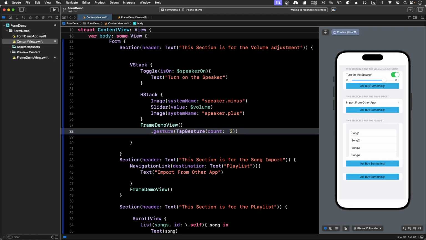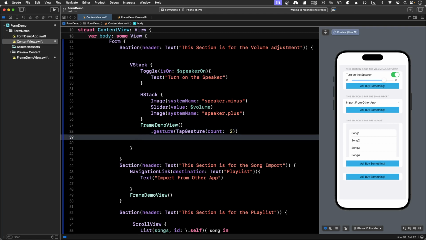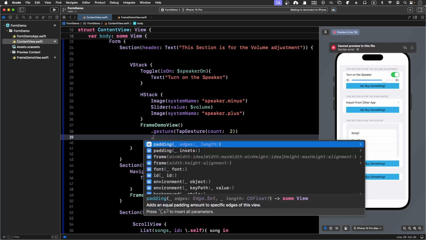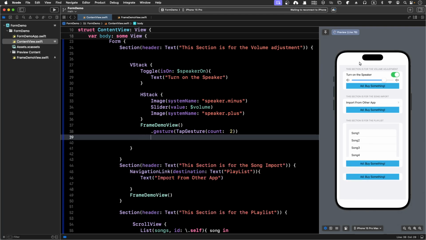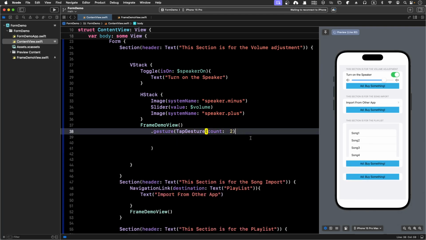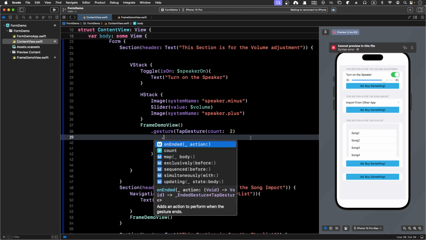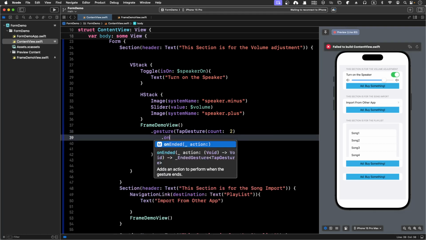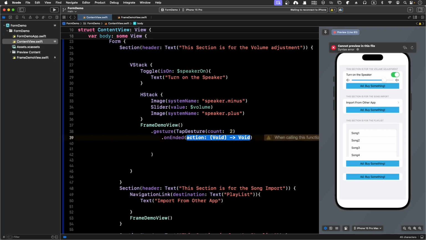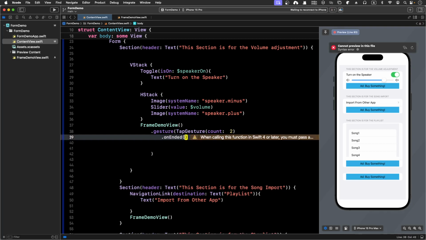What is more important is that when the gesture actually ends, we're going to do something. So I'm going to add onEnded, I think it's here. If the gesture actually ends, I'm going to execute a certain action. In the tap gesture, add an action to perform when the gesture ends. The action, you can do whatever you like. For example, you can jump to another view, call some API,